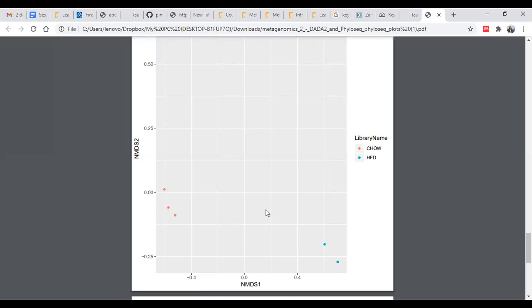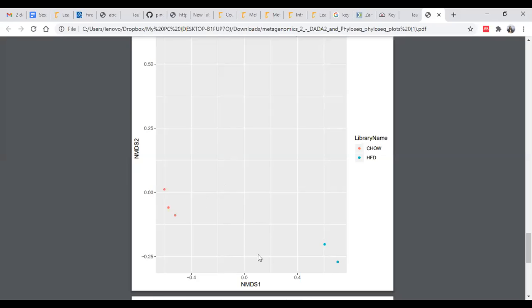What is the difference between PCA and NMDS? PCA usually uses the Euclidean distance, while NMDS relies on the rank order of the distances. This is only a minor difference; it is kind of representing the same thing.